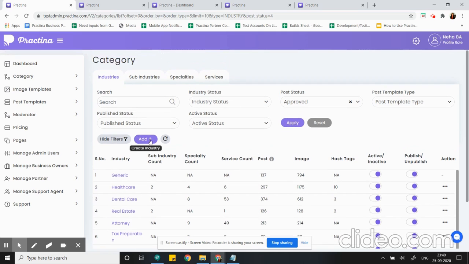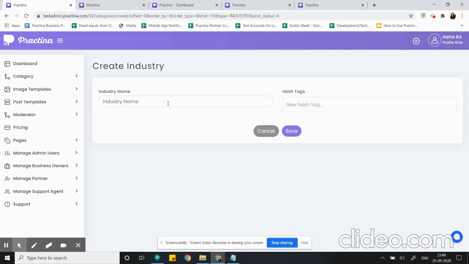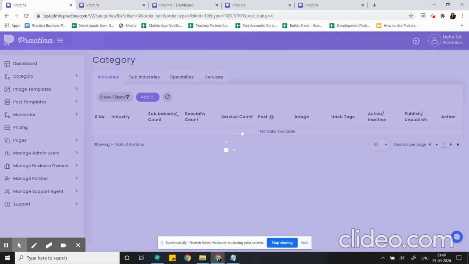You can create another industry by clicking on add. Here it asks you to enter a new industry name and hashtags, and it will get added.